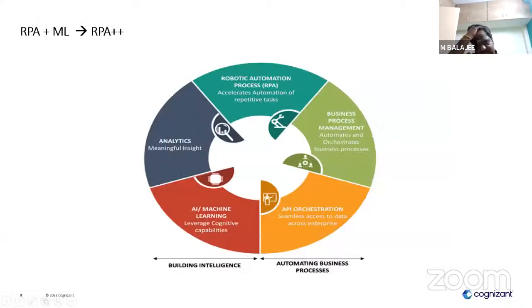Okay. Next is the thing which I said, RPA++. This RPA++ is the place where, for process automation, we also include machine learning and analytics. Here we'll be using, instead of Java and .NET, Python and other machine language programs. So with the actual RPA and business management, we also have API orchestration plus machine learning and analytics. We'll train the bot